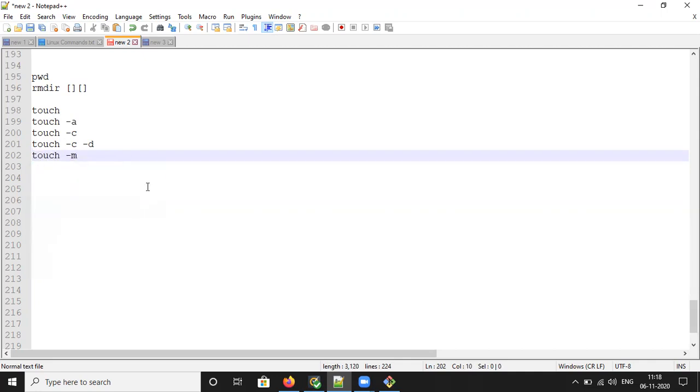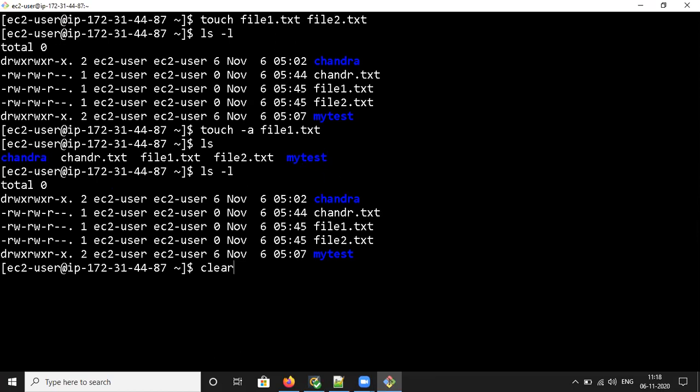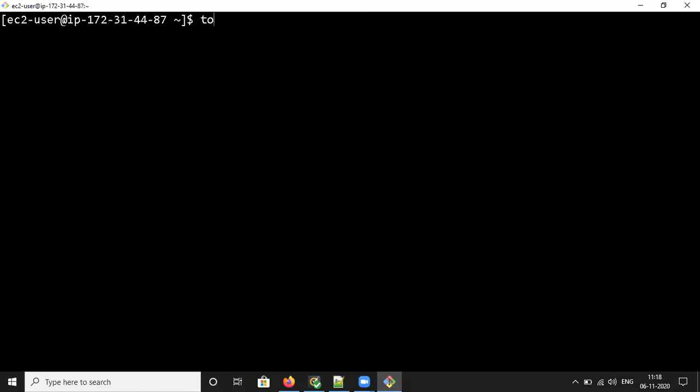It will change the modification time only. So initially we are going to use touch and file names only, not going to use any other option. As of now we can see this in advanced.